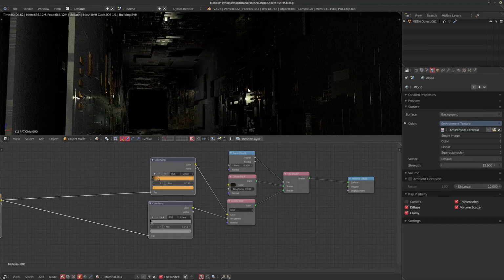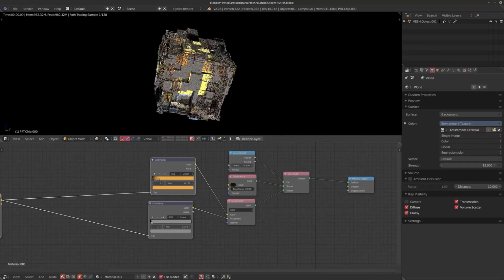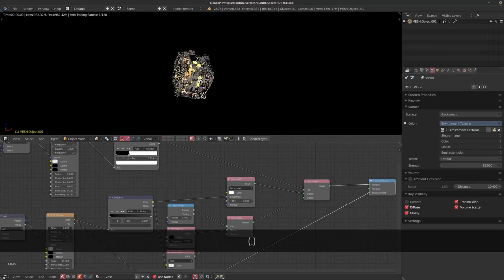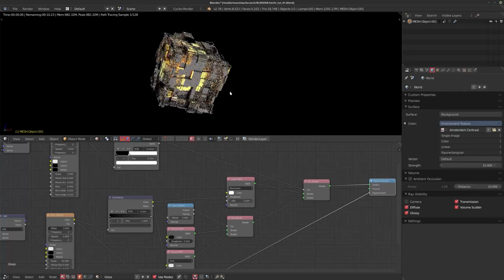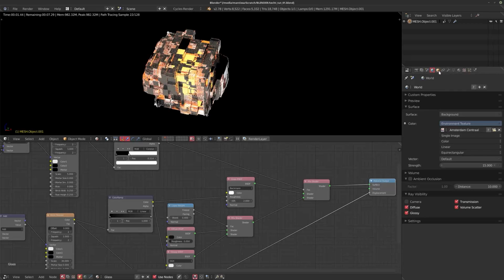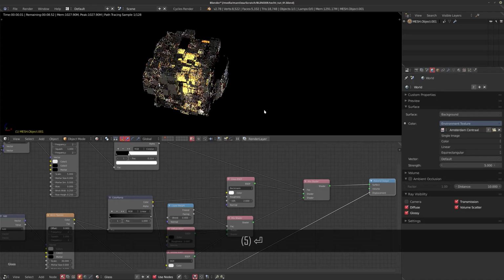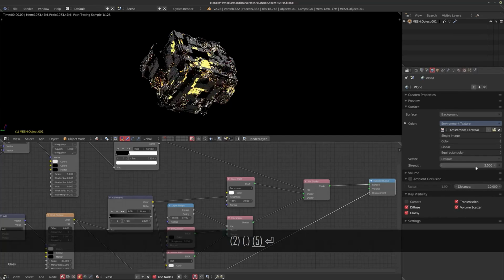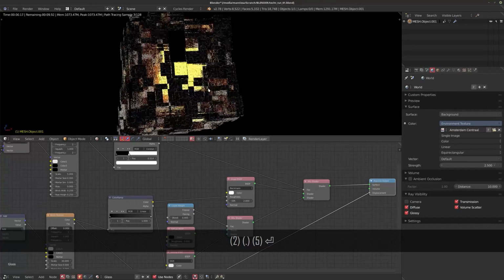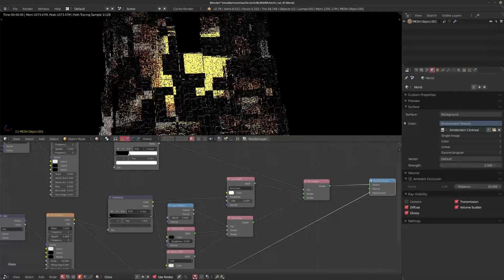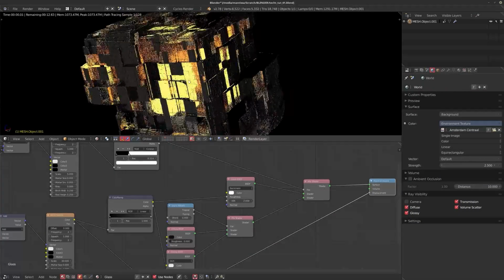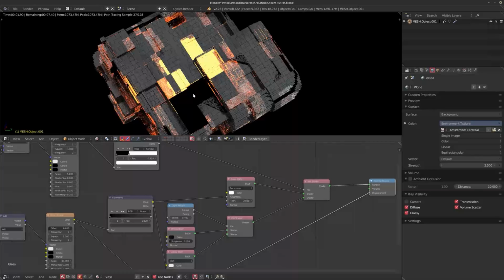So for the second object now, I'm going to switch over to this singular object in the middle, and this is sort of the same idea behind it. The only thing that's different about it, and I'm actually going to change the strength of my HDR a little bit here so we can see what we're doing so it's not all blown out. There we go, it's a little bit better. Let me turn it down just a bit. There we go. So as you can see, we have a very similar pattern, although this one is a little more square. This is an asset I reused from something else I made recently as well. Just wanted to drop it in.